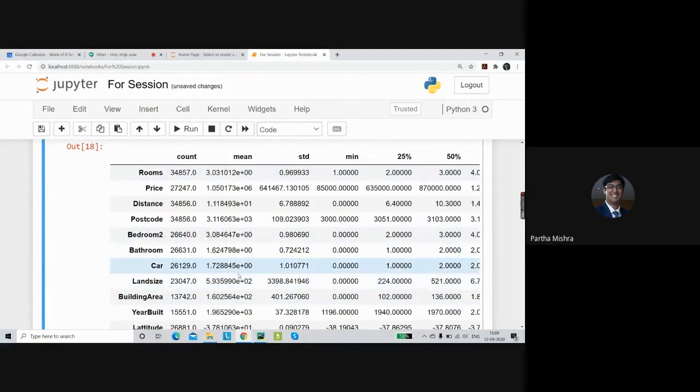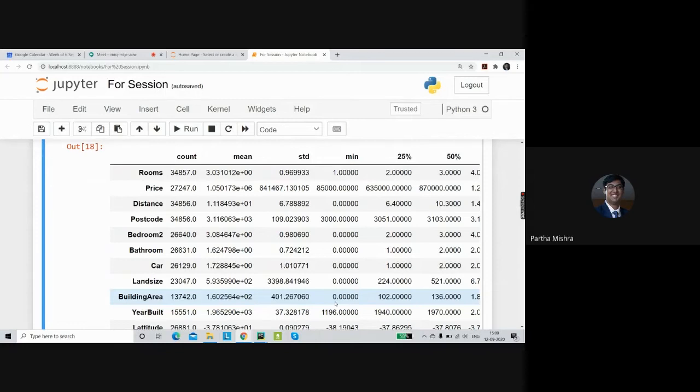Same thing goes with the building area as 0, meaning that if we consider the building area as 0, there is no house for that particular entry, which is a bit absurd. Okay, so if we look a little closely into this data set as to what they have done for the land, this particular variable called land size, we have